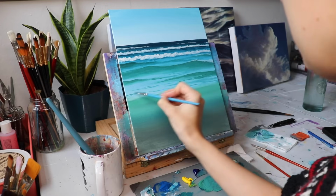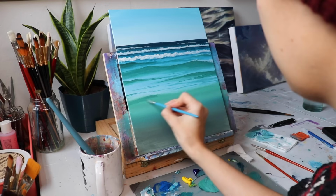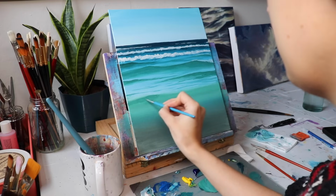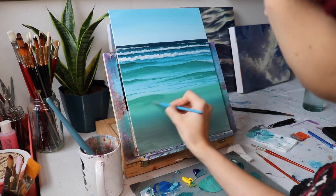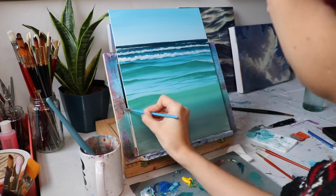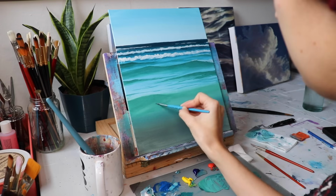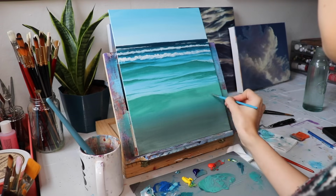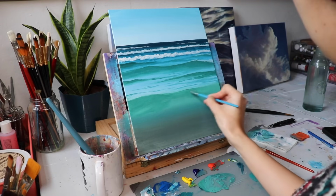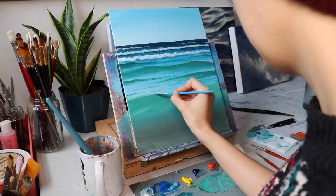So I start adding it in lines and chunks on this wave that's closest to us. I want us to be able to see a lot of detail in this wave because it's so close. It's going to have some streaks in it. It's going to be a little bit darker at the top in some areas, maybe less in others. It's going to have some chunks of darker green, less chunks. Just wanted to show that it's got an organic shape and that you can see through it to that natural